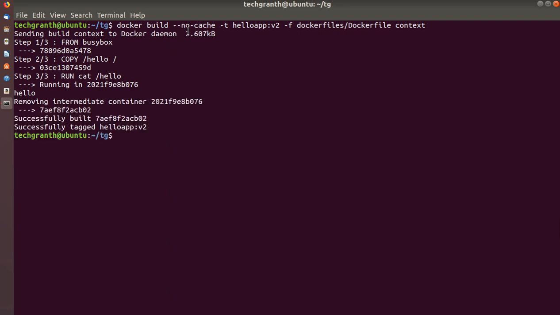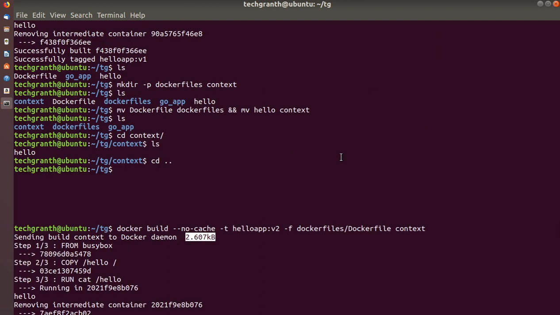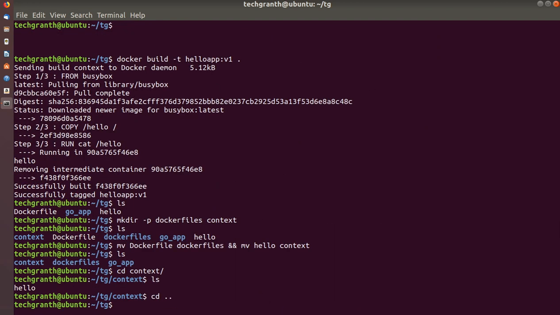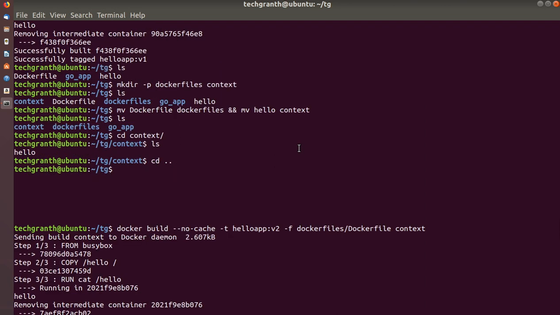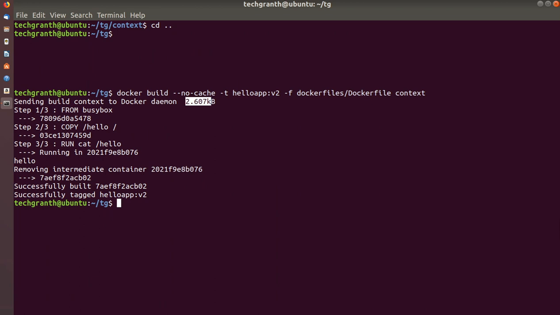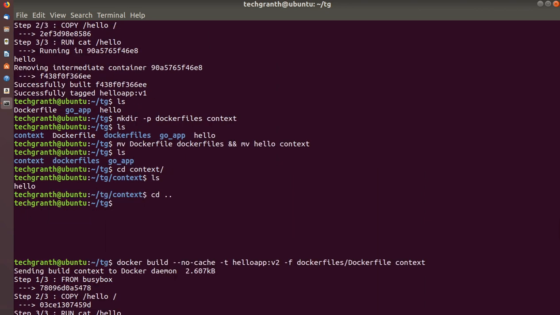Now you can see the sending build context is 2.6 KB. Earlier, you can see it was 5.12 KB, almost 5 KB, and now it is just 2 KB, as earlier it was also using this Go app directory location in the context.